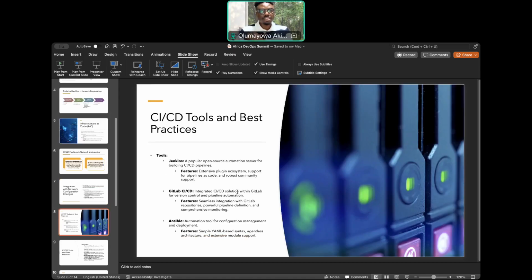Okay, so talking about CI/CD tools and best practices. I spoke about Jenkins the other time. Jenkins, like we all know, is an open source automation server for building CI/CD pipelines. Those of us familiar with DevOps and cloud engineering are familiar with Jenkins.